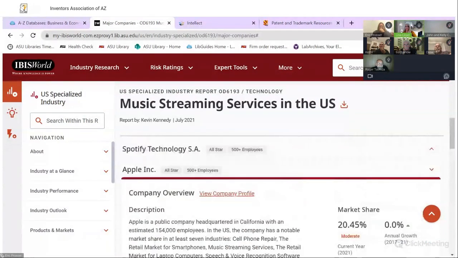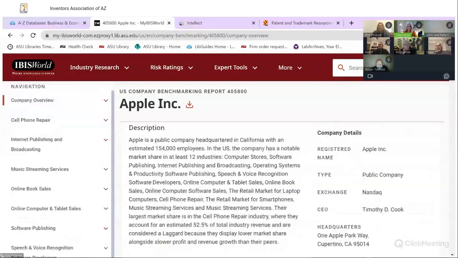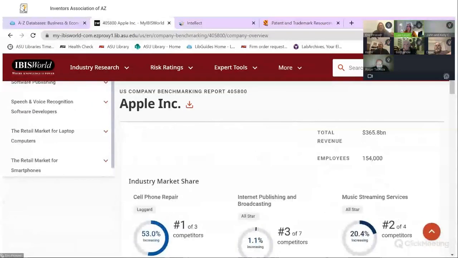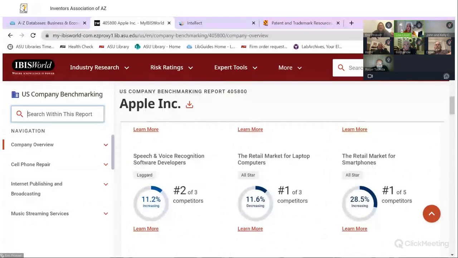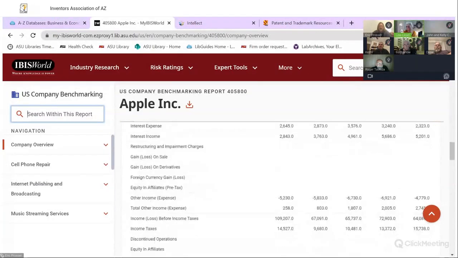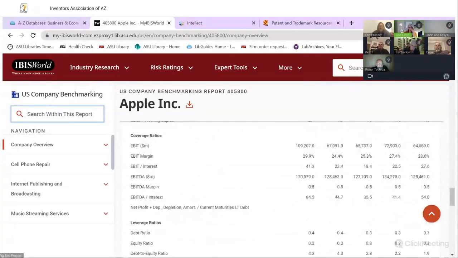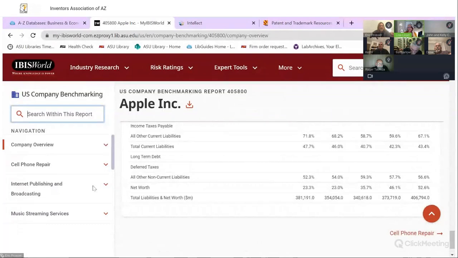Well, let's look at companies. There's two things that when I'm qualifying companies, I want a company that's, these are rough numbers, but generally around 100 million to 500 million. So I know they're not too big that I get lost, and they're not too small that I don't make any money by licensing to that. So knowing how much revenue and how many employees there are gives me an idea of that size and whether or not I want to do business. But then I have to still find the right person at that company to talk to and pitch, right? Right, exactly. And I don't see obviously on the company overview where they would necessarily have that.